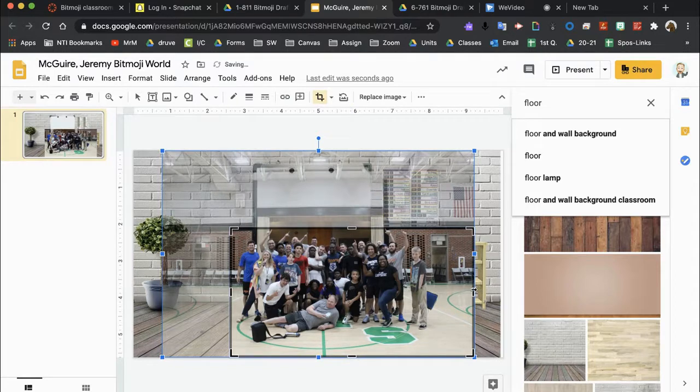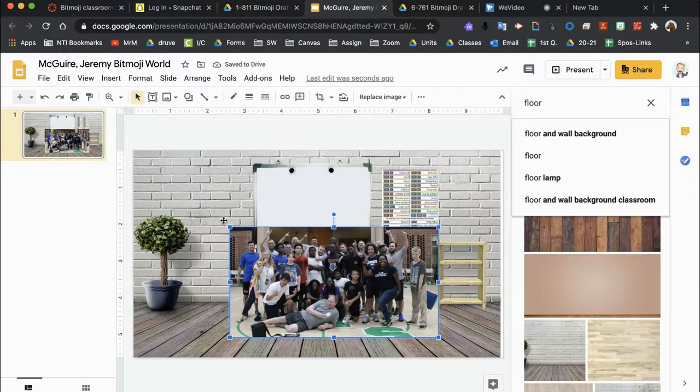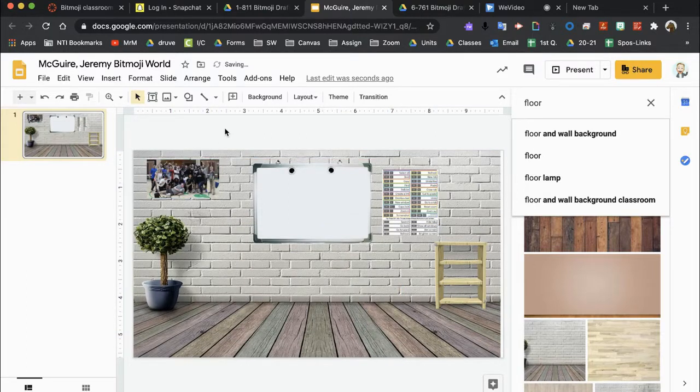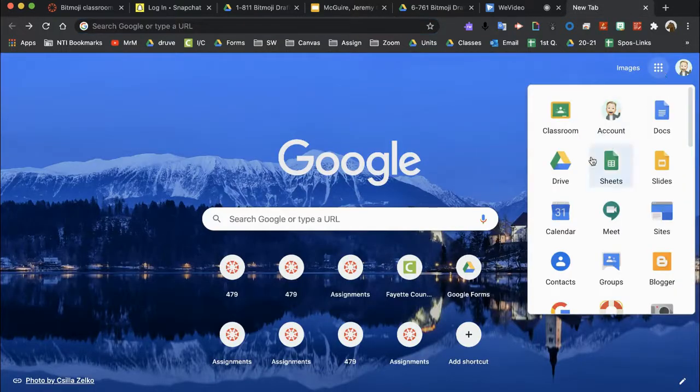Okay. And there's me laying in front, being all crazy. And then I'm going to make it smaller. And let's say we're going to put that right there. But let's look at the process in which, if you have a picture and you want to use that picture,